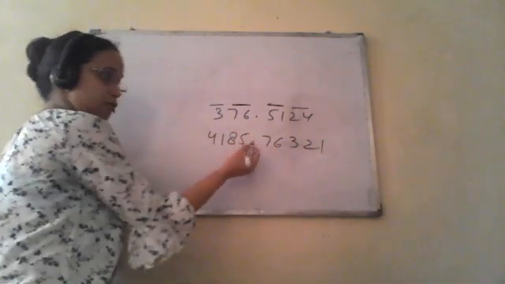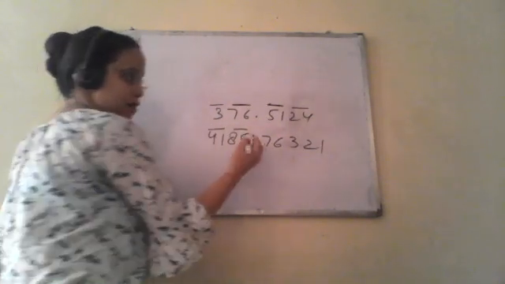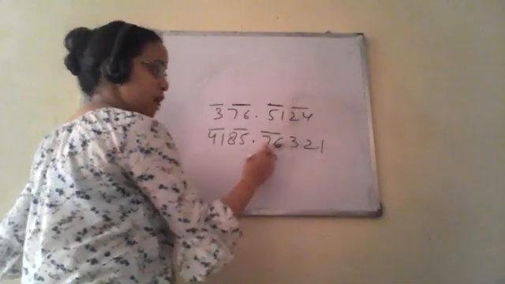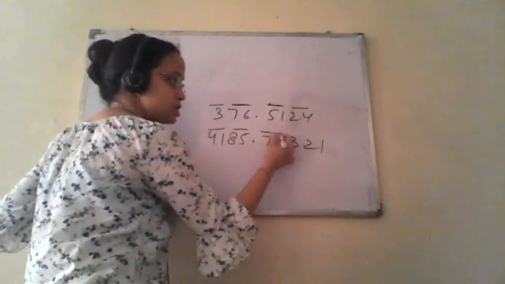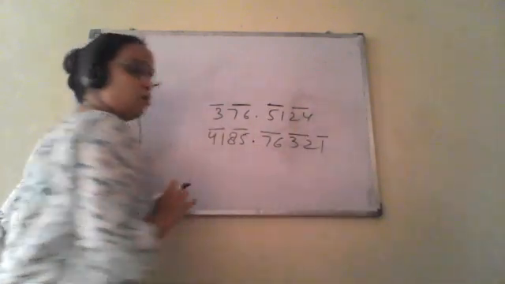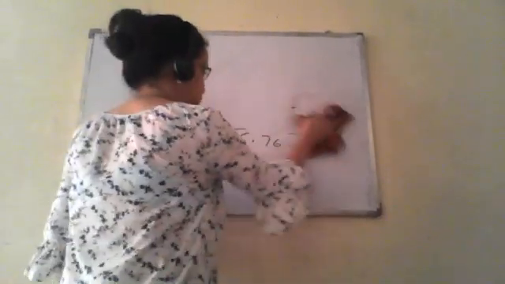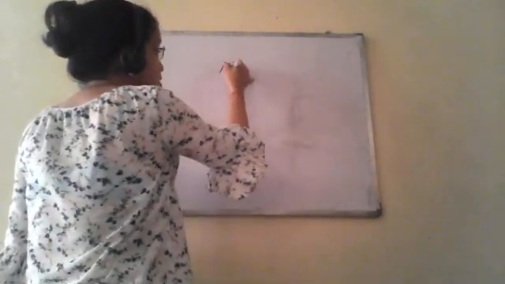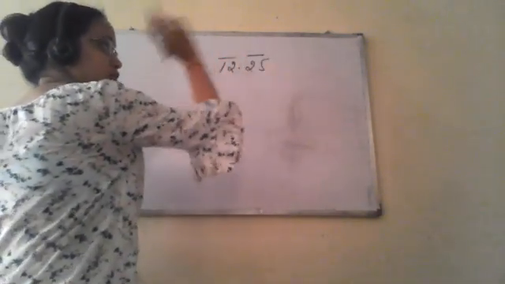If there is a number 4185.76321, for the integral part we'll start from the ones place, and for the numbers after the decimal, we'll start putting the bar from the number next to the decimal. So the first bar will be on 76, then the next bar on 32, and then the next bar on 1. This way I have to put the bars, the rest of the procedure is the same. So we'll find this for 12.25. So bar, okay, this is simple.